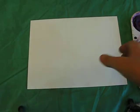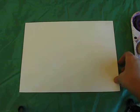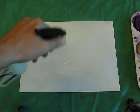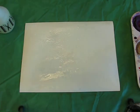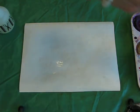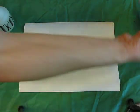So the very first thing that we need to do is to create our planets. And how we do that is we get a sheet of watercolour paper, like so, and with a water bottle, we just give it a light soaking, because it has to remain wet to create the texture that we want to build on it. And with my palette, I've got my palette of colours here,